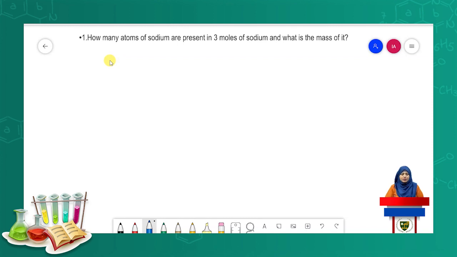of it। मतलब इस क्वेश्चन के 2 पार्ट्स हैं। इन द फर्स्ट पार्ट you have to find out number of atoms and in second part you have to find out what is the mass of it। when they say what is the mass of it तो मतलब what is the mass of 3 moles of sodium। so चलिए one by one दोनों चीज़ों को find out करते हैं। स्टार्ट करते हैं with number of atoms, लेकिन उससे भी पहले we know that what is given in the question। so given is number of moles of sodium।